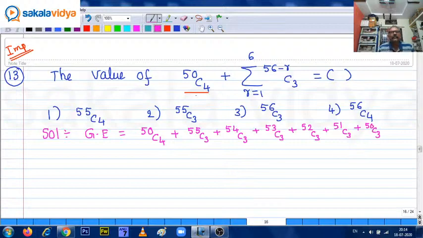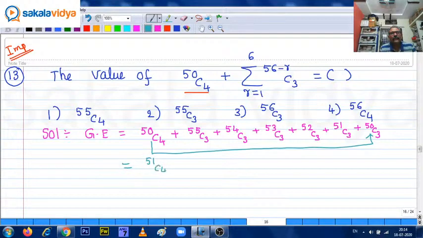Reverse order write down. So 50C4 plus 50C3 is nothing but